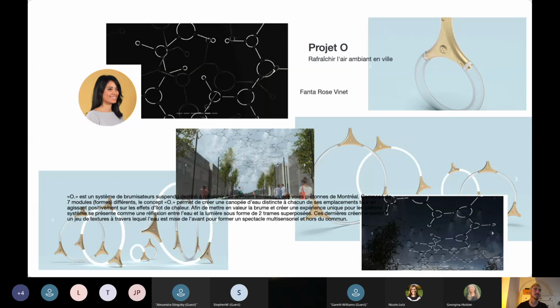OK, so I'm going to put in the chat a version of this. I'm going to put both of them in. This page has different images. It has the description, it has the title of the project, it has the name of the designer, and it has a photo of the designer. So I want you to, given what we've talked about, and given the idea of really selling it through the image,